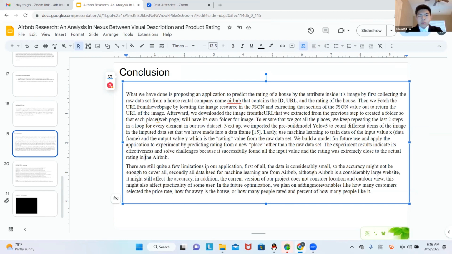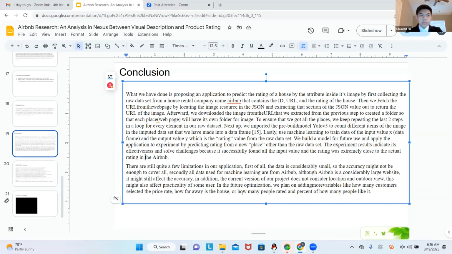There are still quite some limitations in our application. First of all, our data is really small, so the accuracy might not be enough to cover everything. We only have 50 raw data samples. Secondly, all the data used for machine learning are from Airbnb.